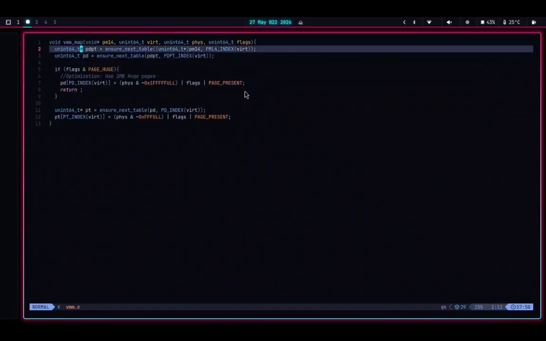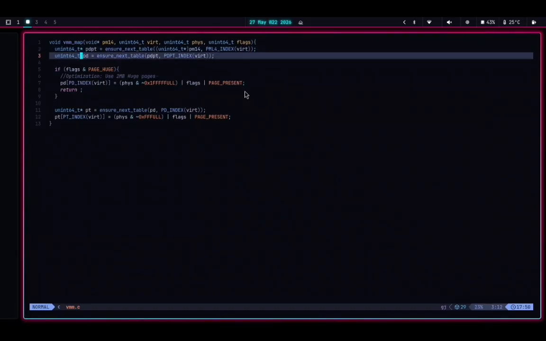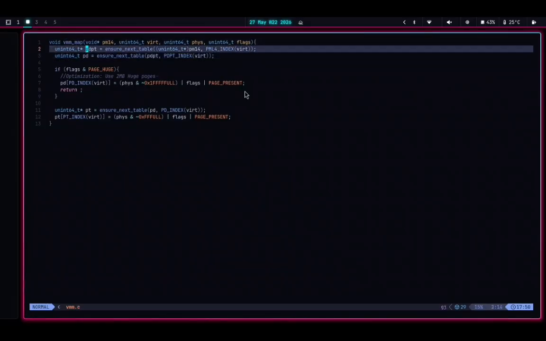It means this can ensure the next table. It means this is a recursive hardware traversal. If you want to map a virtual address, but the page table subdirectory doesn't exist, we can call the physical memory to create it on the fly. And in the next line, which is line number 5,